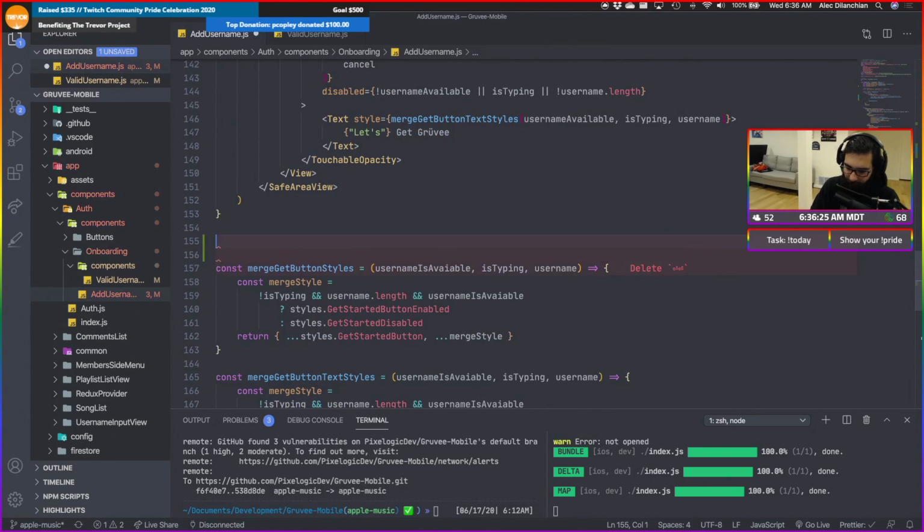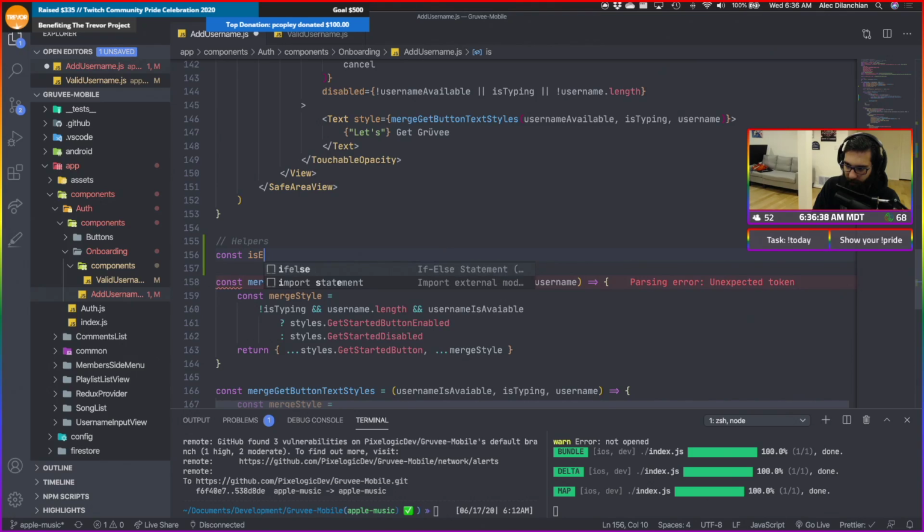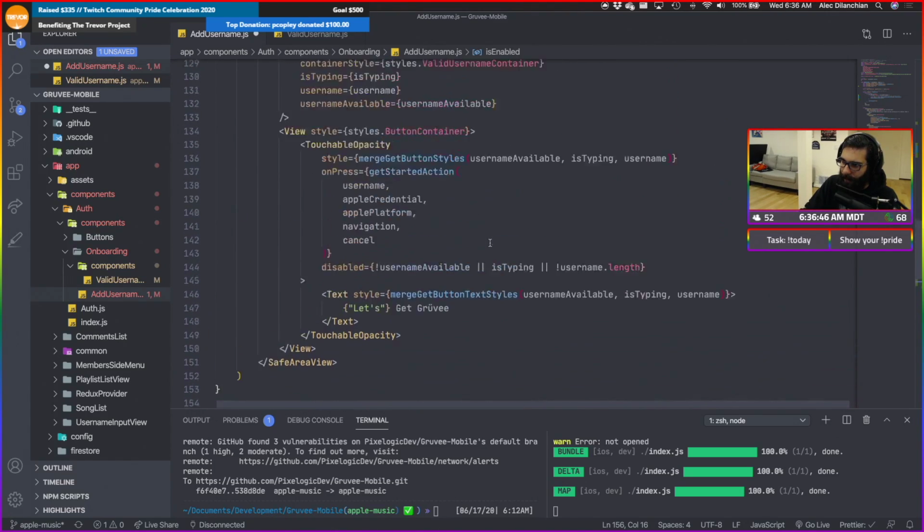So let's create something here called helpers. Essentially what we're going to do is add maybe is enabled.